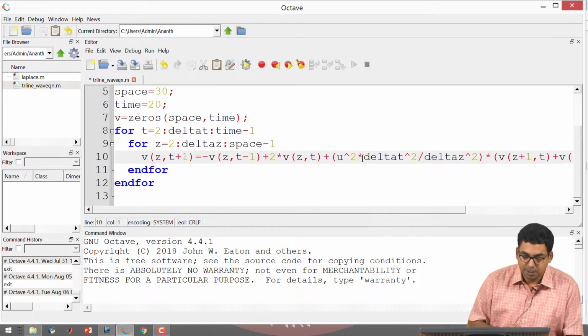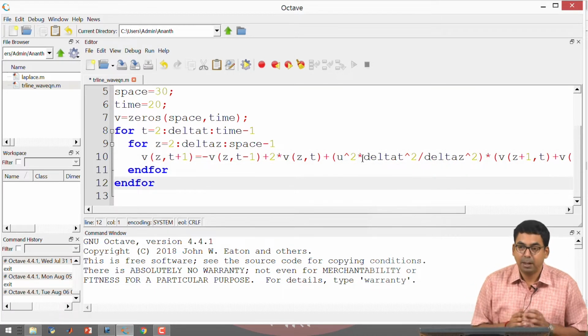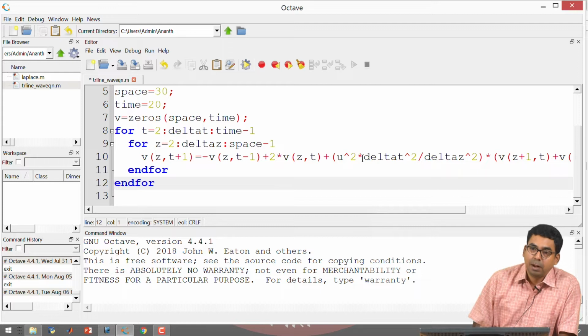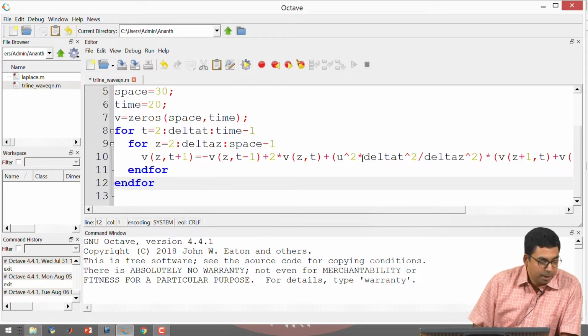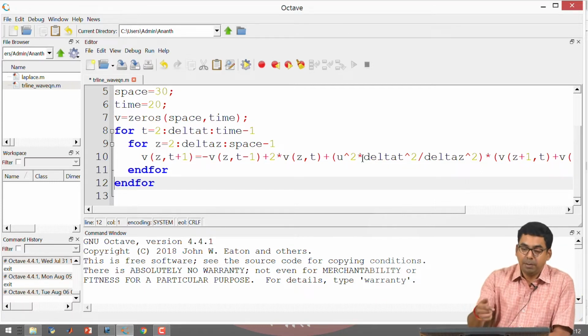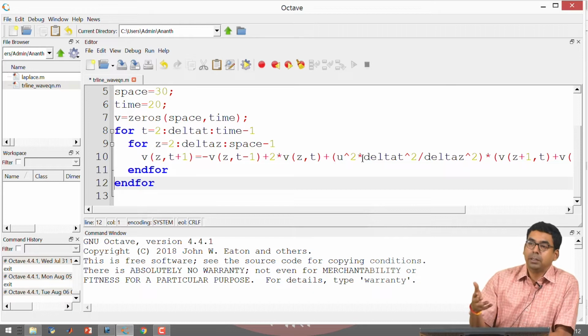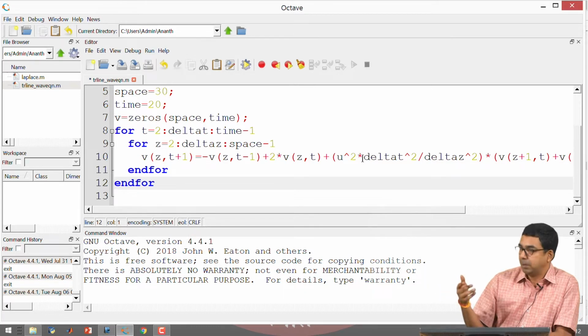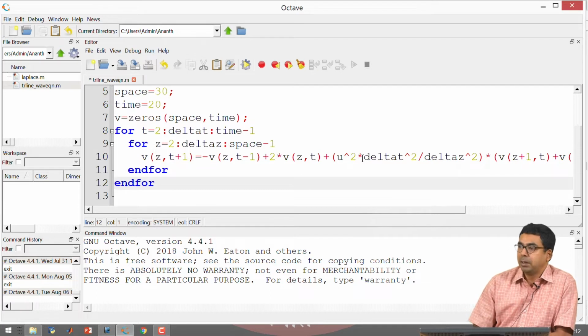Okay. Once we have done this, right, the essence of the program is already over. It is now about how to set up this program to work, that is it, right. Like we have seen in the case of the Laplace equation, at every instant of time I would like to watch what is happening in the transmission line, right. Suppose I launch a voltage at some point, I would like to know how the voltage is traveling through the transmission line with respect to time. So, at every instant of time I need to have a display that tells me what the plot of the voltage with space looks like.